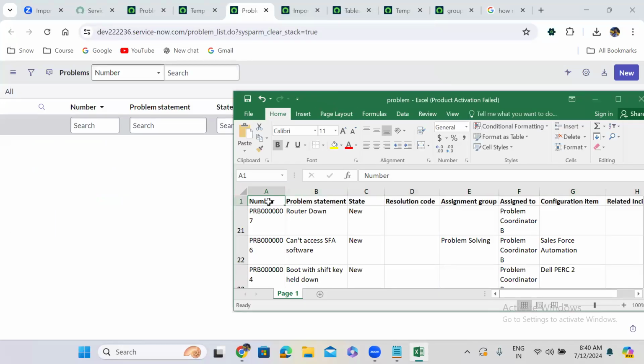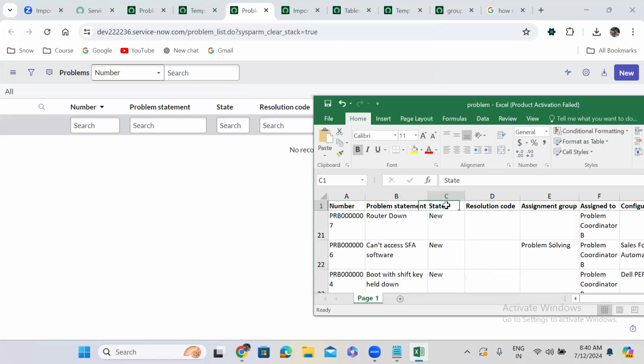This row name, this particular column name, both are matching. This is a label, number label and this label, both are matching. Problem statement, both are matching. State name and state name both are matching. Resolution code and resolution code both are matching. If the Excel sheet column label and target table field label both are matching,